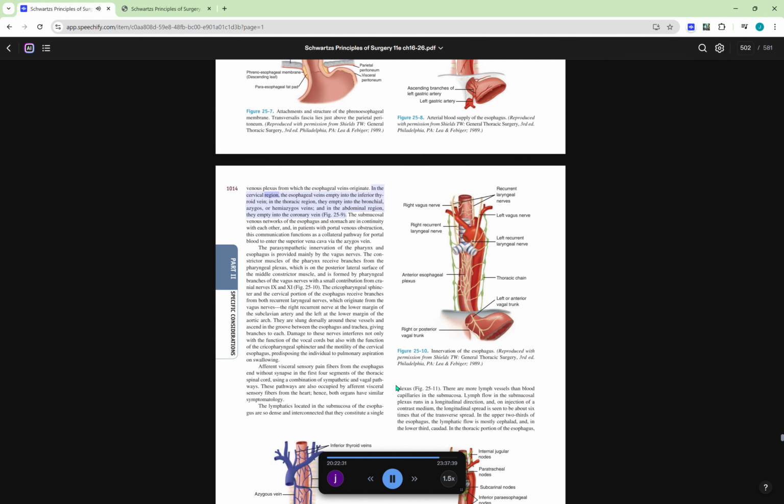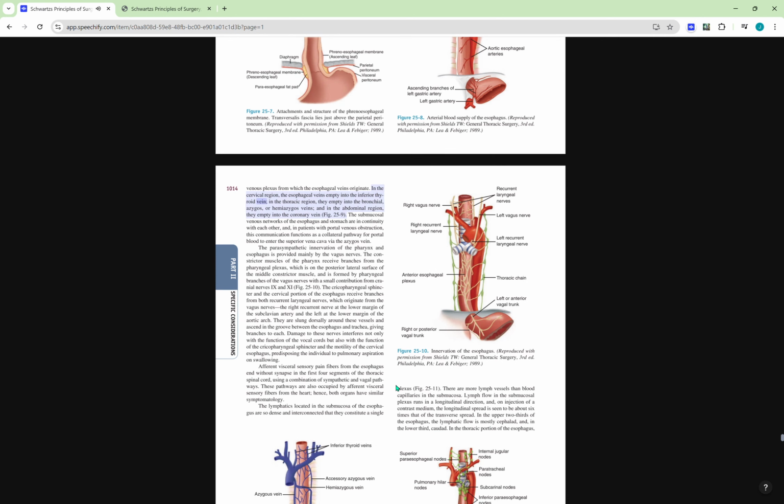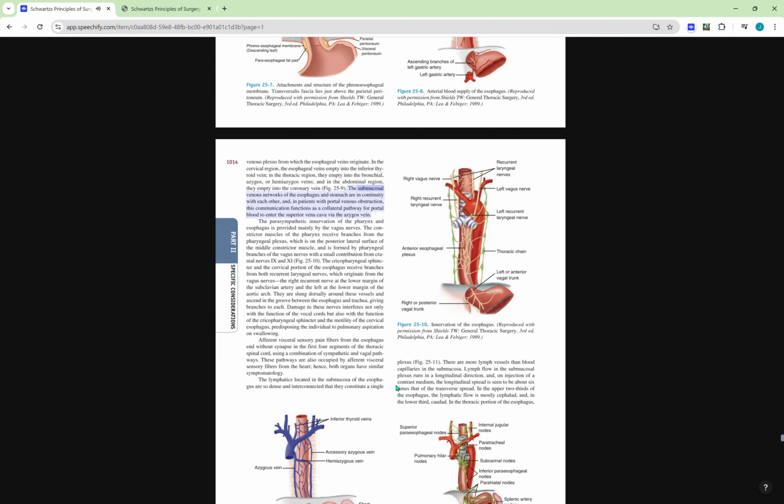In the cervical region, the esophageal veins empty into the inferior thyroid vein. In the thoracic region, they empty into the bronchial, azygos, or hemiazygos veins. And in the abdominal region, they empty into the coronary vein. The submucosal venous networks of the esophagus and stomach are in continuity with each other, and in patients with portal venous obstruction, this communication functions as a collateral pathway for portal blood to enter the superior vena cava via the